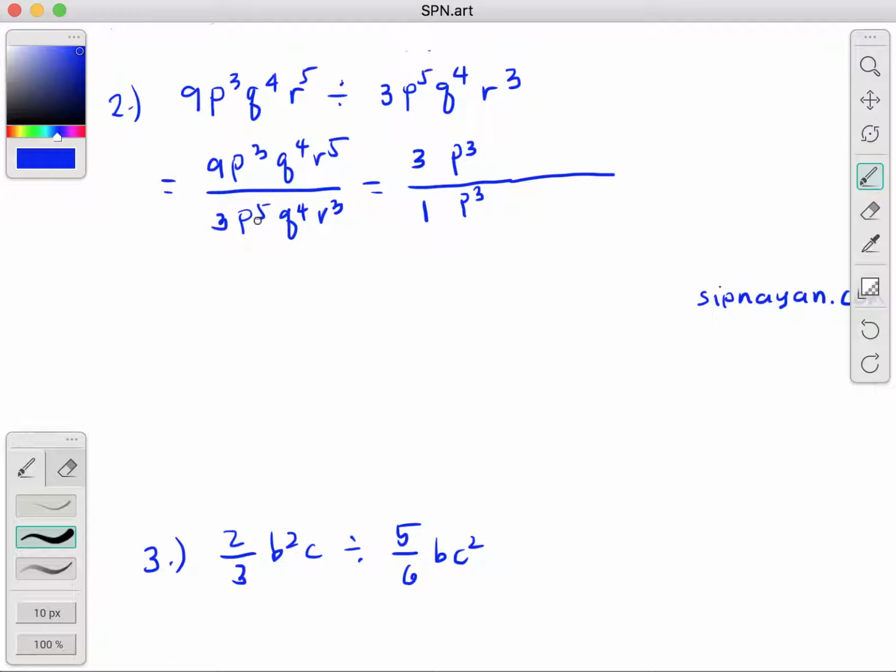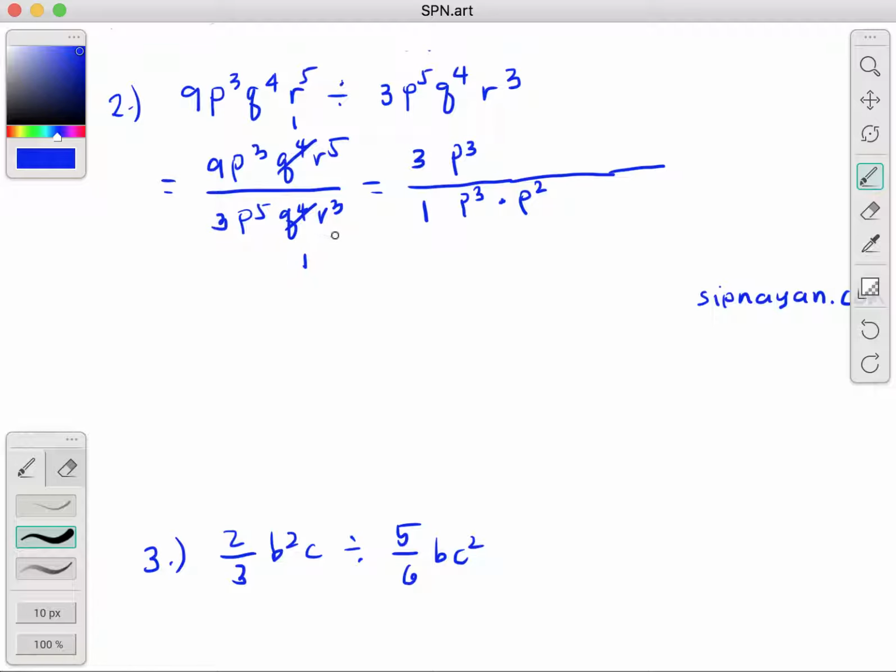Tapos, since p to the 52, ibig sabihin meron pa tayong p squared dito, because p cubed times p squared is p to the 5th, no? Tapos, yung q to the 4th, actually, pwede na itong mawala, no? Kasi pareho siya dito sa baba. So, q to the 4th divided by q to the 4th is 1. And then q to the 4th divided by q to the 4th is also 1. So, wala na tayong problema sa q to the 4th because 1 yan, hindi siya makaka-apekto dun sa numerator at